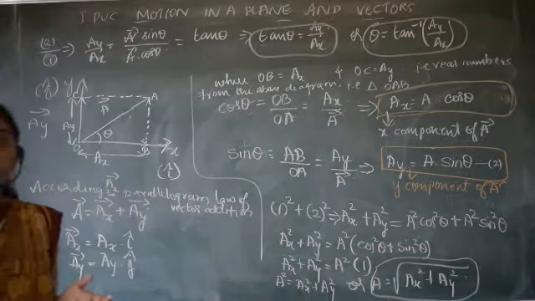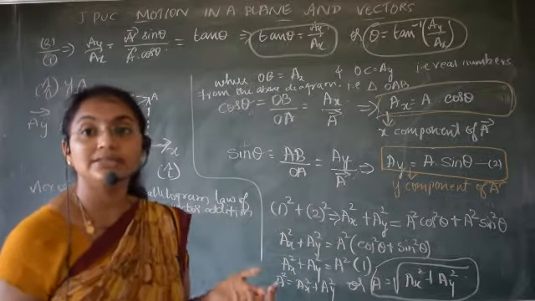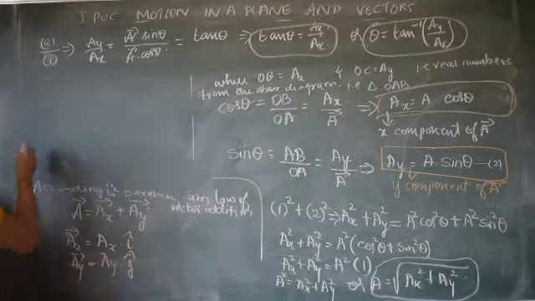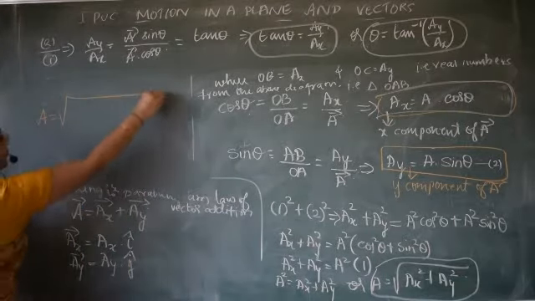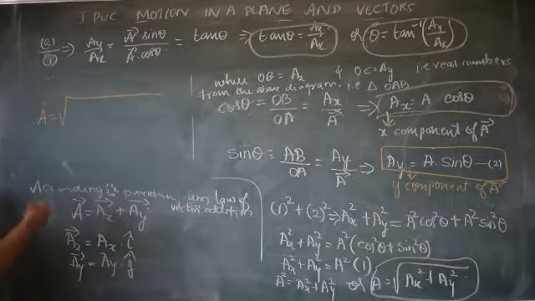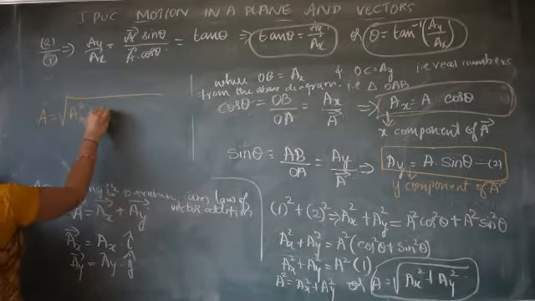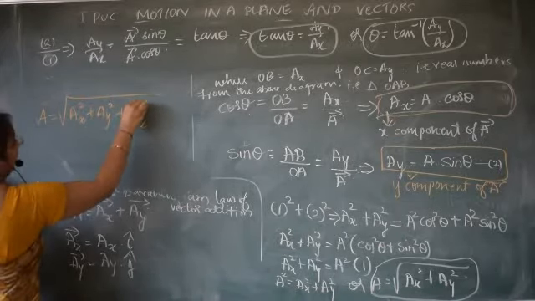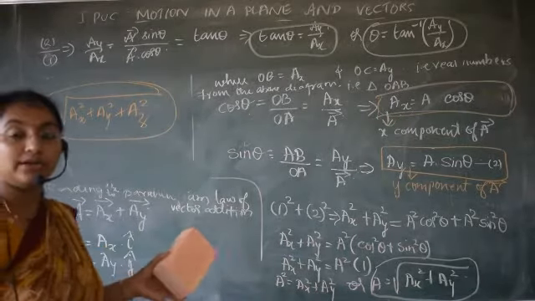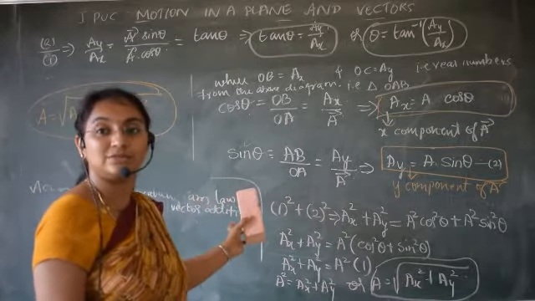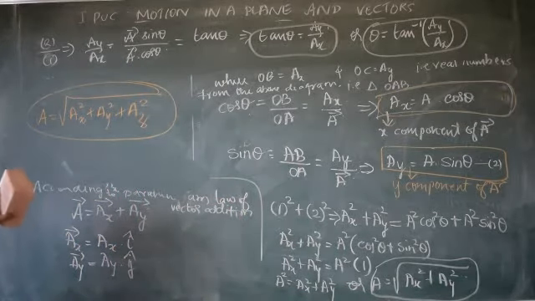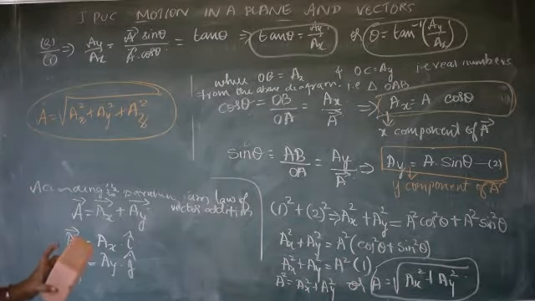Next, if it is divided into 3 components, then how can we write the solution? A is equal to the square root of, what is the resultant? Square root of Ax square plus Ay square plus Az square, if there are 3. The derivation we had done is for 2. If there are 3, then the result will be Ax square plus Ay square plus Az square under the root. So I am not going to derive it, or you are also not going to derive it. Till here, if you know, it is enough.